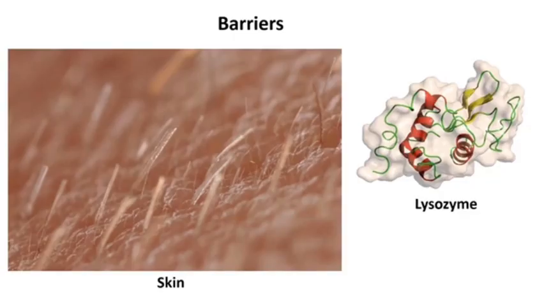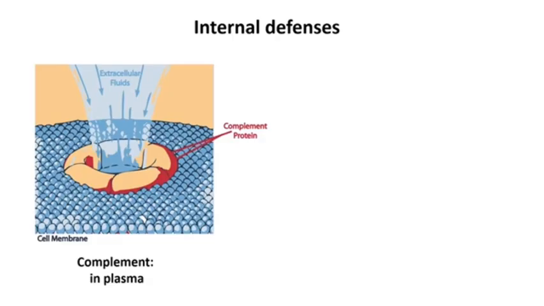What if a pathogen can get past these defenses? Well, we have internal defenses as well. If a pathogen gets into your bloodstream, there is complement lying in wait for it. This is kind of like a smart landmine. Bacterial surfaces trigger the assembly of pores that penetrate their plasma membranes and kill them. This structure here is called a membrane attack complex, and we will spend a whole lecture on these in the